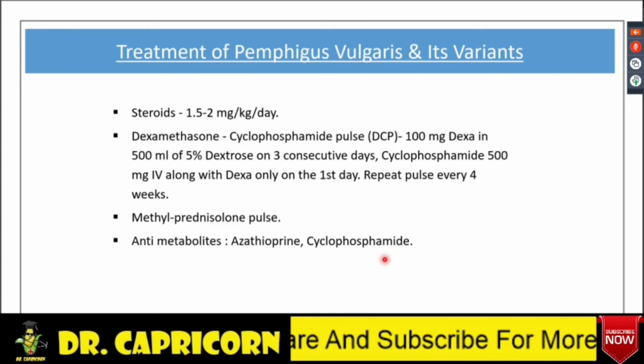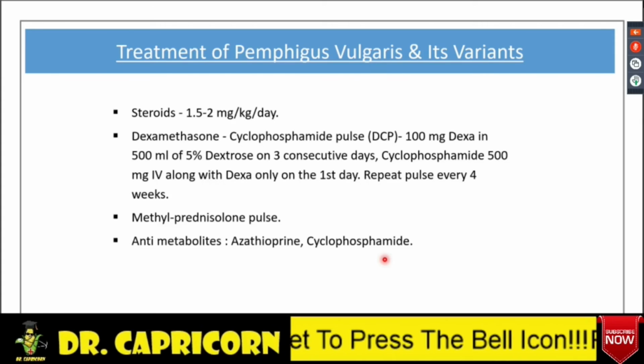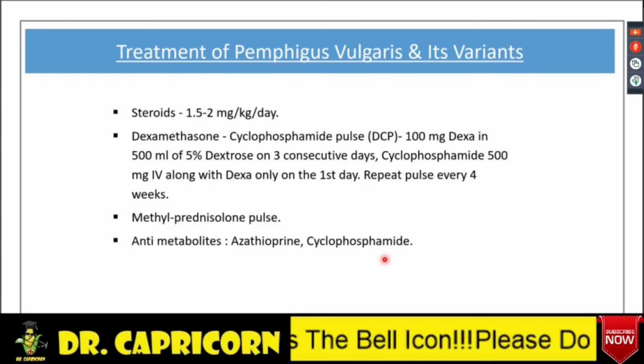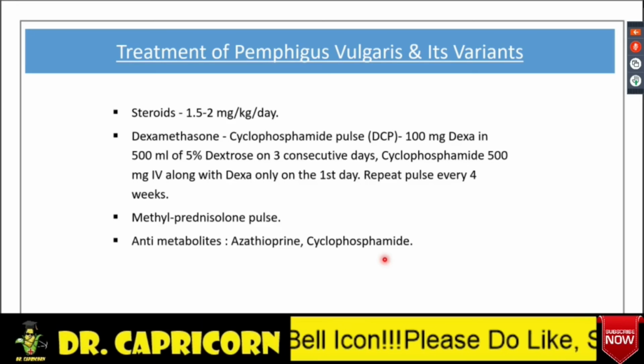Now, treatment of pemphigus vulgaris. Pemphigus vulgaris needs very stringent treatment, as it can spread and affects the oral cavity very severely, so the patient may not be able to feed himself. That may lead to malnutrition. Chances of secondary sepsis or polycyclic spread of the lesions are very high.